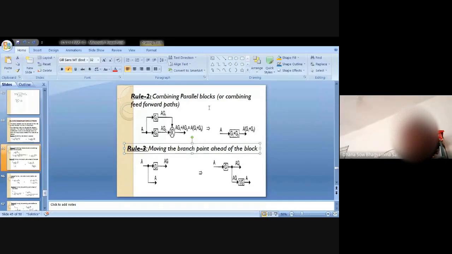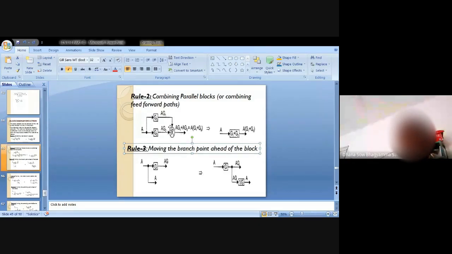Either we want to combine the parallel blocks in rule number 2, or we want to combine the feed forward path. You can see here, this block G2 is fed to the summing point,